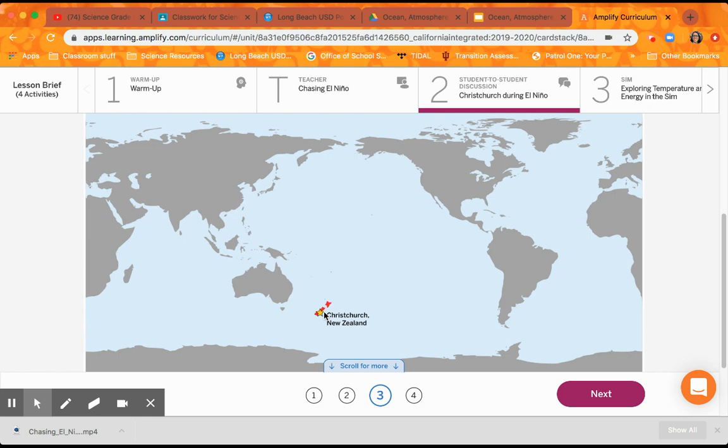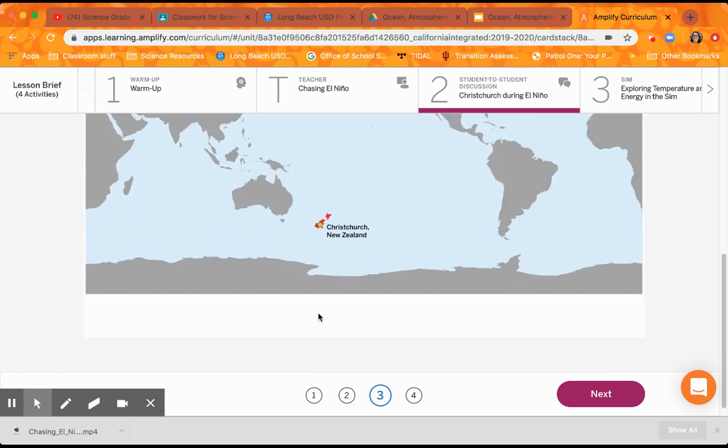There are two main islands, and Christchurch is in the starred location on the South Island. So there's a couple islands, one and then two. So Christchurch is on the second island. So this is the location that we're thinking about. We are over here, okay, in North America, but we're going to be looking at this location here, Christchurch, New Zealand. When scientists, I'm going to pause right